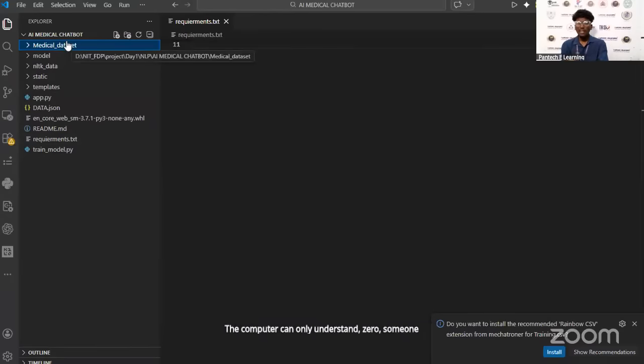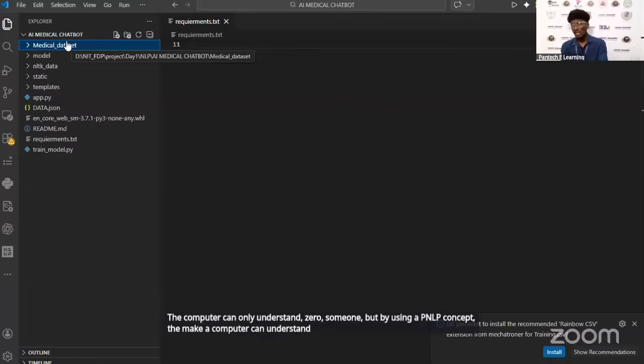But by using the NLP concept, a computer can understand every language and slang. Slang also differs by states and by areas, so everyone has a different slang.